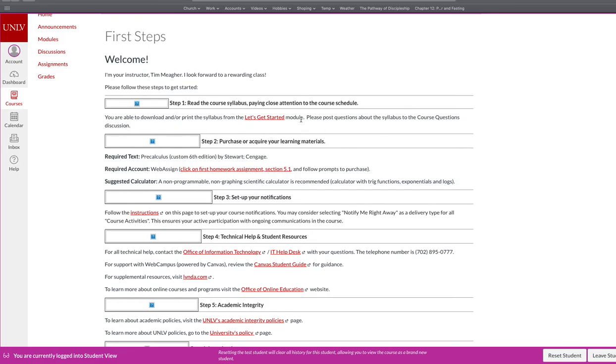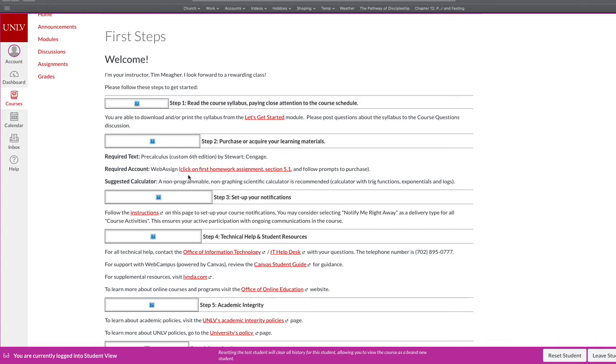You're able to download and just print it out. You're going to need the pre-calculus book, 6th edition, 6th or 7th, they had to do that. You can just click on the first assignment, and it'll pop you to it, and you can get to that. I'll show you how to do that in a second. You can have a calculator. You don't really have to have the textbook, and I'll explain why in a second, but you must have a